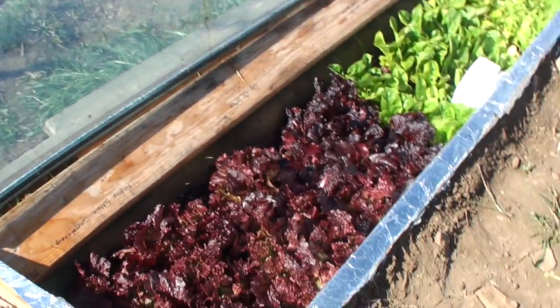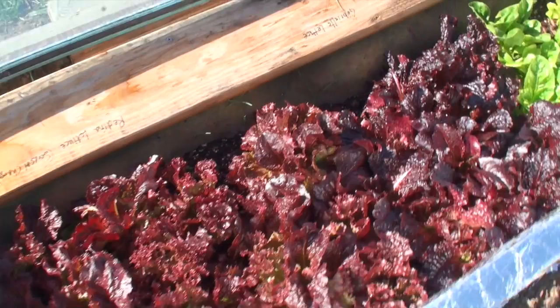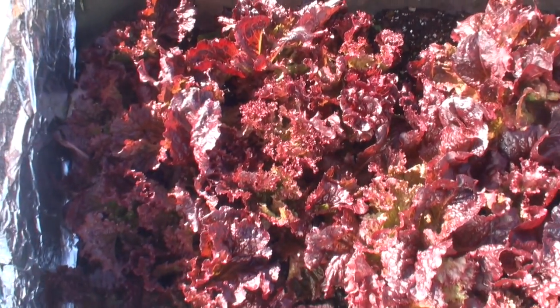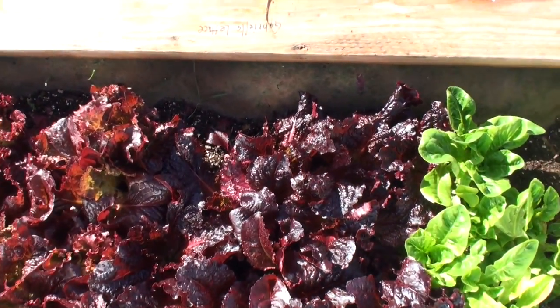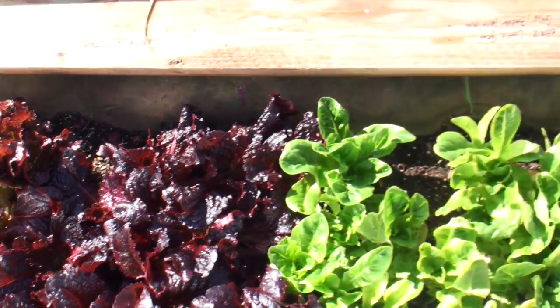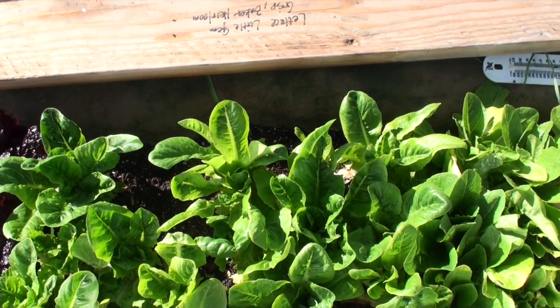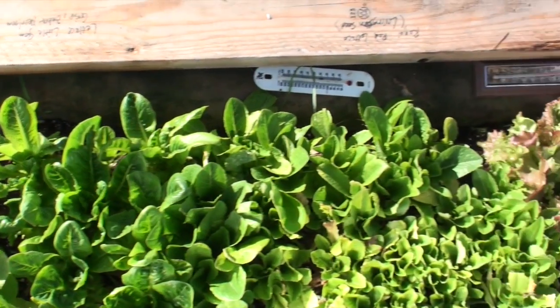You can see the beautiful lettuce here we have grown. This is Redina lettuce right here. It's red, and what I do, I pick the outside leaves all through the winter. This is Gabrielle lettuce, this next one, also purple. This is lettuce Little Jim. It's crisp butter heirloom lettuce. And then this one is